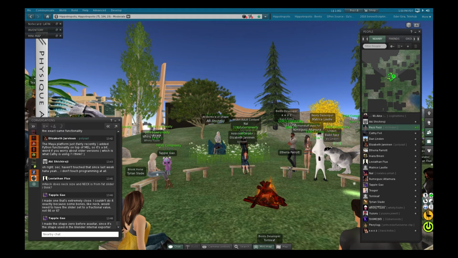And I think that the wearables themselves, like the shape, do actually store their values as floating points. So I believe you could in principle have a wearable that had perfectly neutral values, but it would still be subject to some conversions in transit when you're actually seeing how it looks on people.